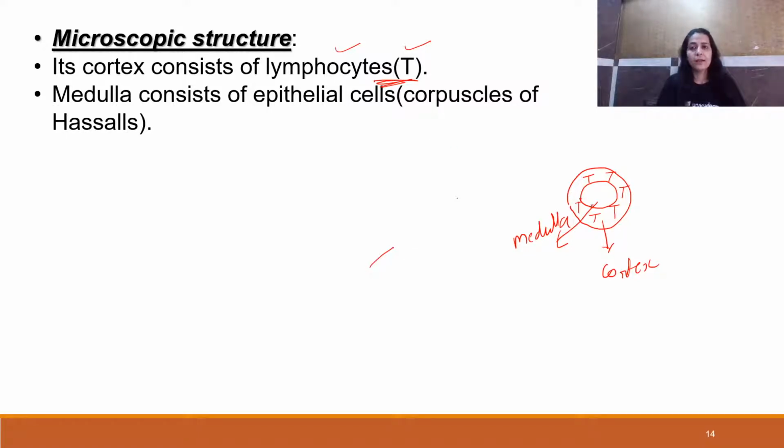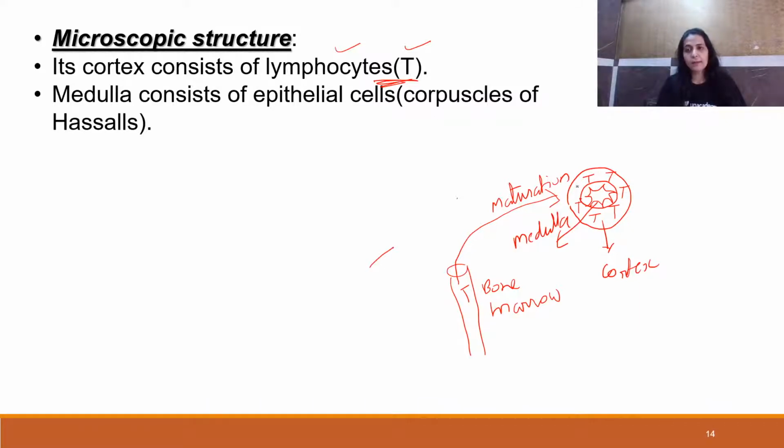And the medulla, the inner region, consists of epithelial cells. Naturally, these cells are the ones which will provide something for T cells to mature. So the T lymphocytes which are formed in the bone marrow, after being formed, move towards the lobules of the thymus. Here they undergo the process of maturation. That is why the thymus gland's cortex is full of T lymphocytes, and the inner side has got epithelial cells. These epithelial cells are known as corpuscles of